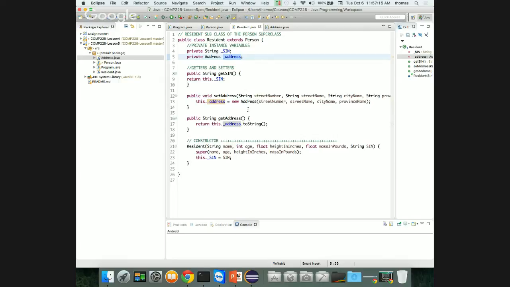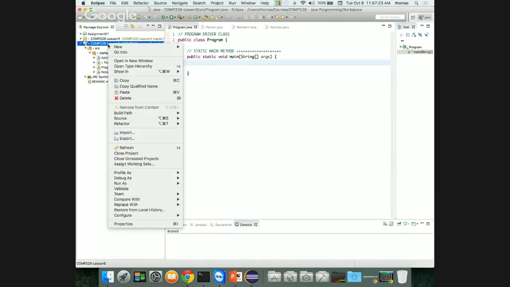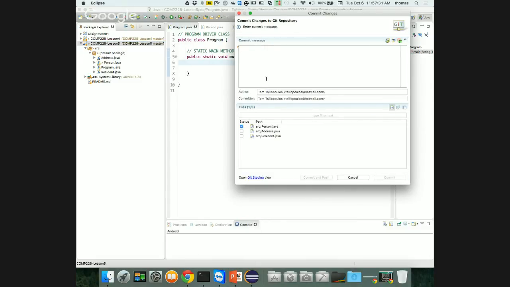Now we need a driver to create our resident. So let's go into our program side. And by the way, just to get you guys to catch up, I've added a new address class and a resident class. So let's put that in there. I'm going to go to team, I'm going to go to commit, and I'll put that in there. Added resident and address